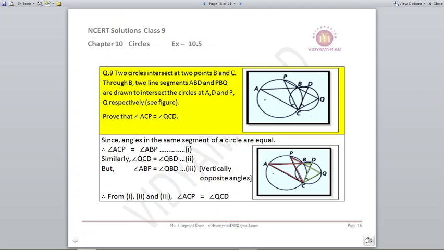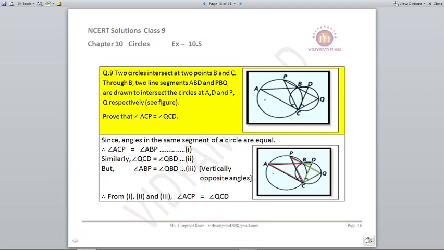Now here let us concentrate. We know the rule or the theorem that angles on the same segment of a circle are equal. So if I draw a dotted line between AP, though I have not drawn it, just consider it in your mind. So angle ACP and angle ABP will be equal. Similarly, take the opposite, the green color, angle QCD and angle QBD, they will be equal because they are on the same segment. On the left hand side, I can treat AP as my segment. On my right hand side, I can treat DQ as a segment.